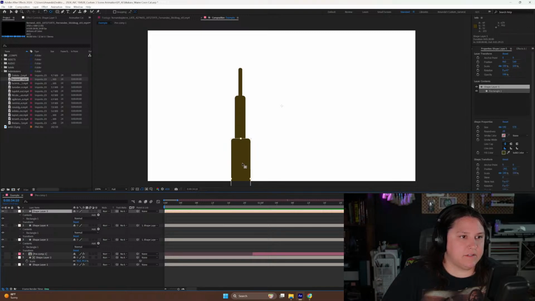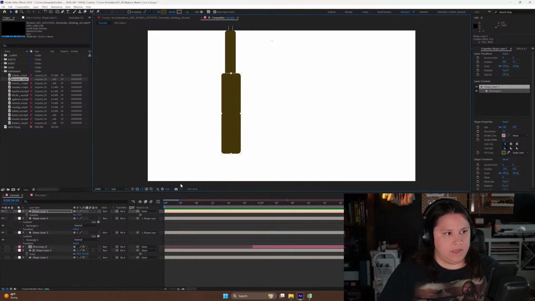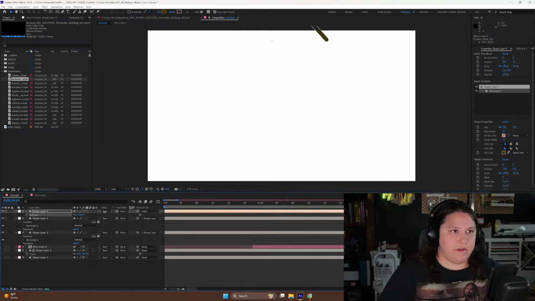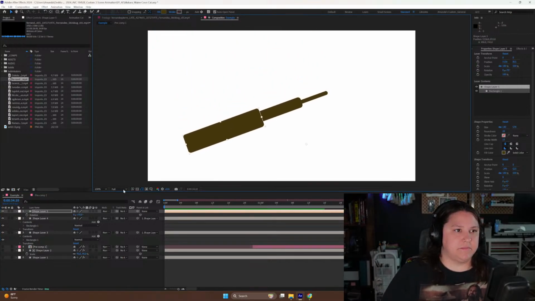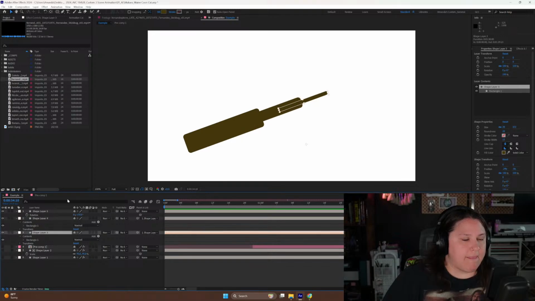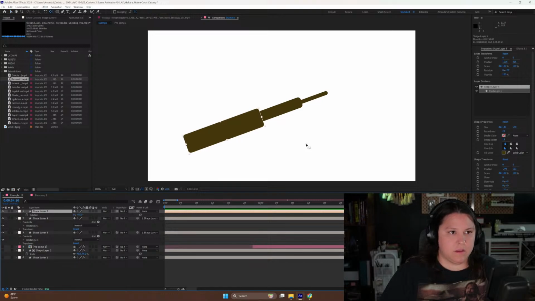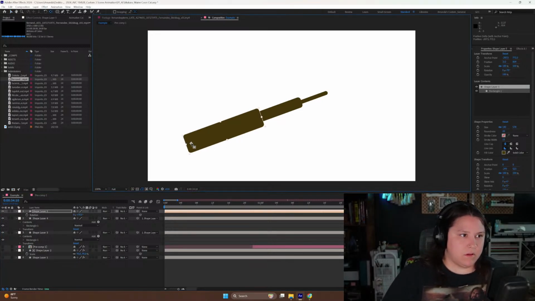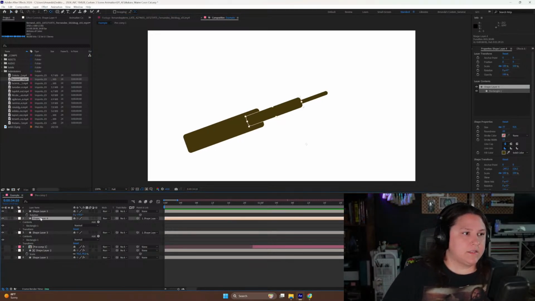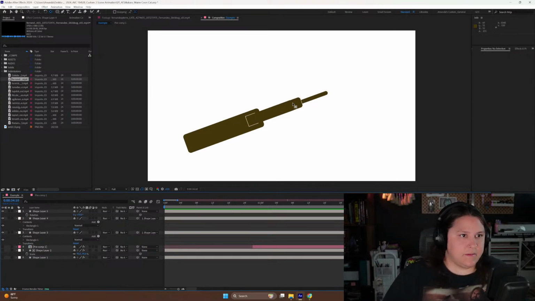And this guy, we're just going to move up here. Let's rotate him. So we don't see, obviously it's rotating wrong because of where my anchor point is, but we're just going to do this quick. Actually, let me just grab that anchor point and move it along. There we go. And so you have like this telescopic